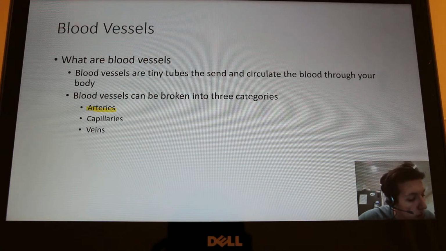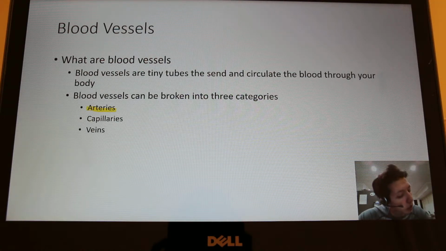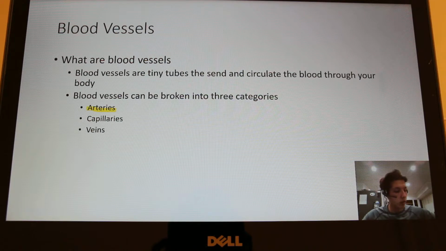common iliac artery, internal iliac artery, external iliac artery, femoral artery, popliteal artery, anterior tibial artery, posterior tibial artery, and peroneal artery. Okay, moving on